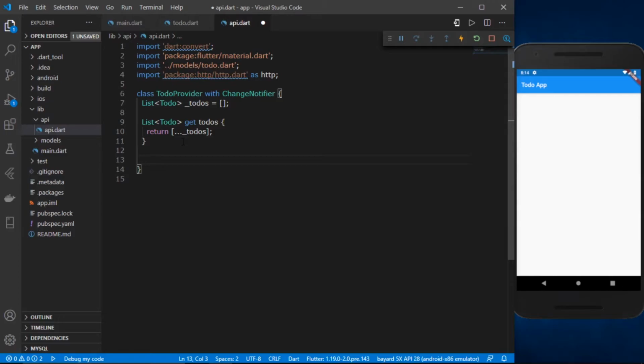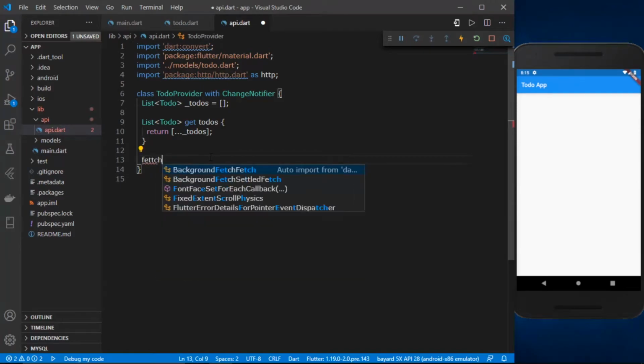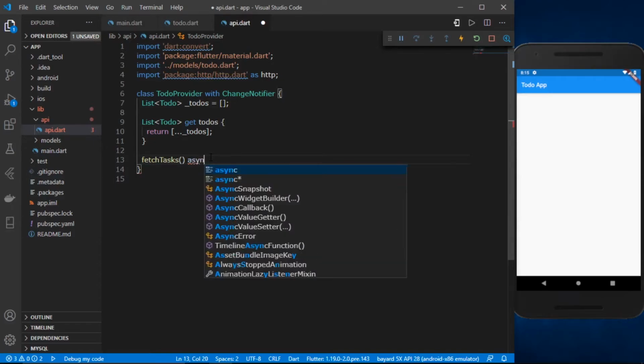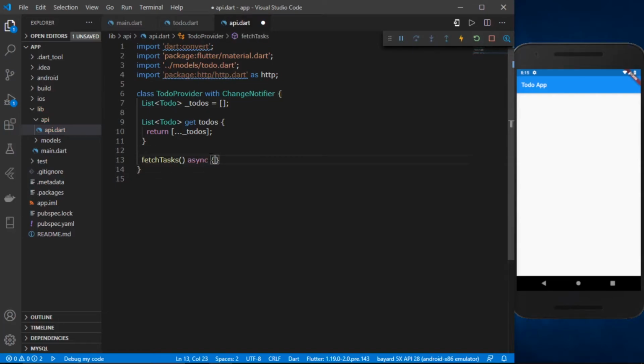So we need to create the method, and since we will be fetching the data from an external source, it can be from the internet, but for now the server is just running in my local host, so I'll be fetching it from my local host itself. But still it will take a little bit of time to fetch all of that information, so definitely it is going to be a future method. So we need to use async await, so we need to wait for the call. So I'll just name it fetch task. It is going to be an async method, and inside of it first of all